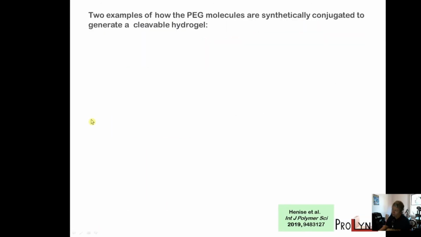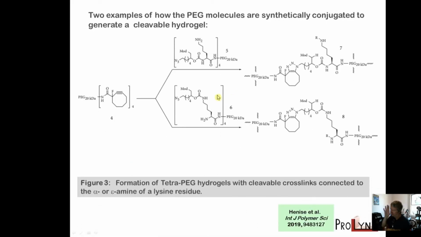So now this will just show a little bit of the synthesis of these and kind of how we're building these conjugates, or actually how ProLynx does this to generate cleavable hydrogels. Okay, and so what this is showing is sort of how the attachment process works. Early in this course, we talked a little bit about click chemistry,